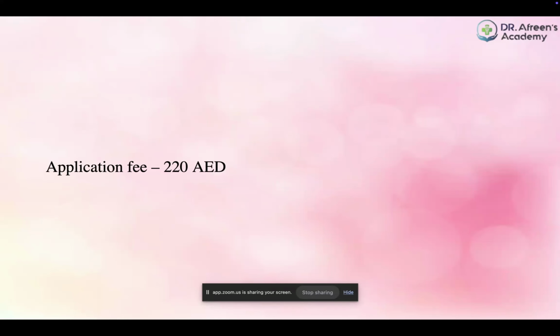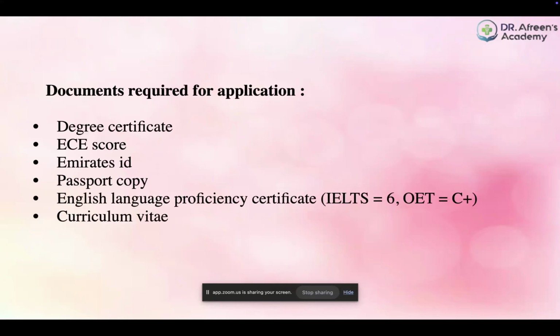The application fee is 220 AED, and these are the documents that are required for your application process. Degree certificate: you need to upload your graduation degree certificate, which is nothing but your graduation certificate. In case your degree certificate is not available, that is, in case your graduation is not completed and you're just about to finish your graduation in a couple of months,